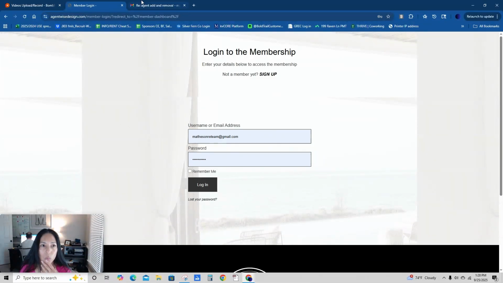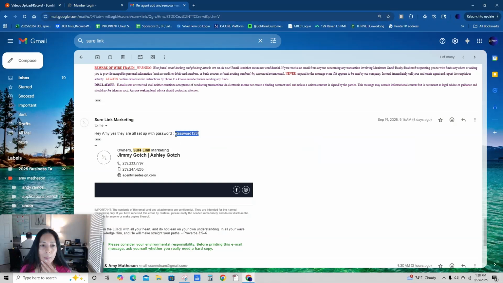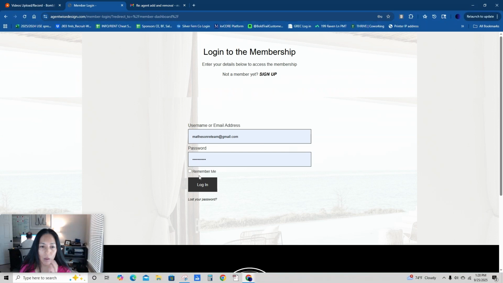And then your password. She has said it's password with an uppercase P, 123 exclamation point. I've highlighted it right here. Again, it's password with an uppercase P, 123 exclamation point. Okay, so once you've got logged in,